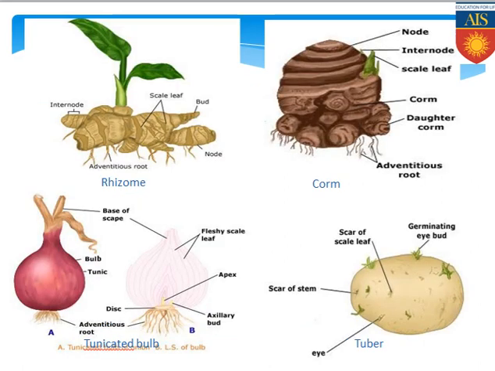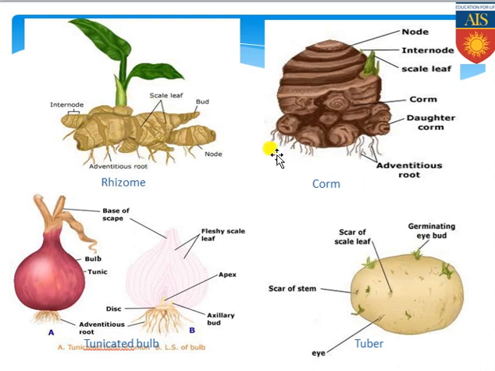You can see the first one, that is the rhizome, and you can see they have many nodes and internodes at regular intervals, and in between the nodes, from a specific position, a new plant is also arising. The scaly leaves are also present in the node regions, and adventitious roots are arising from the nodes. So this is the modified version of the stem for food storage, and that is the rhizome.